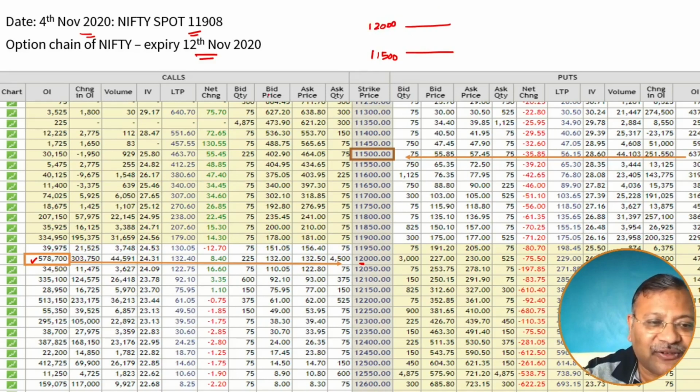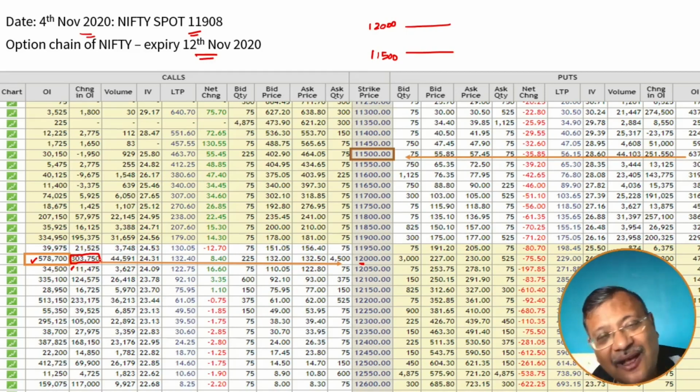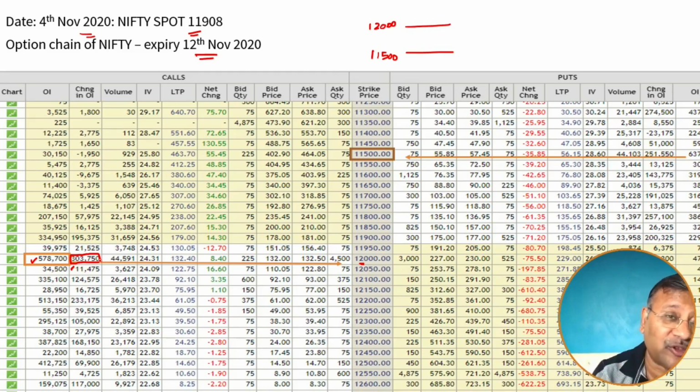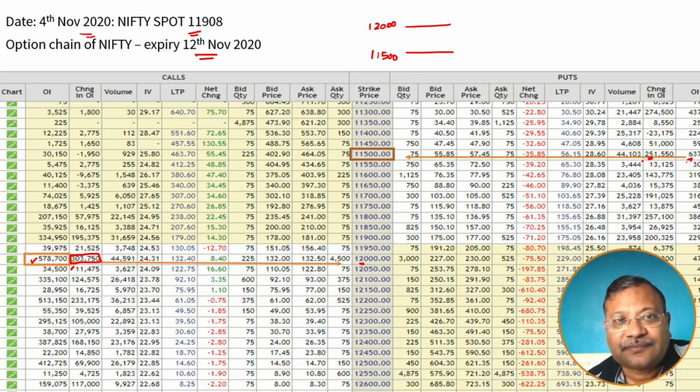But more importantly, just have a look at this change in open interest. There's a change, and this change is positive, 3,03,750. That means more and more sellers are coming in to sell at 12,000. That means this 12,000 resistance level is now becoming stronger because more and more sellers are coming in at that point. Similarly, if you look at the support level at a strike price of 11,500, you'll find that the open interest is 637,425, but there is a change in open interest and this is positive. That means more and more people are now coming into this level. That means this is making the support level much stronger.